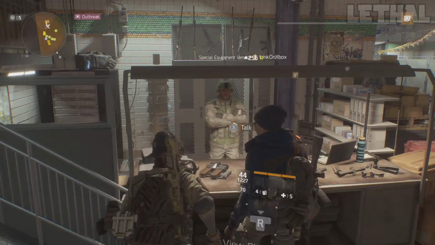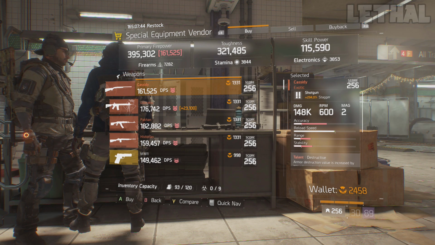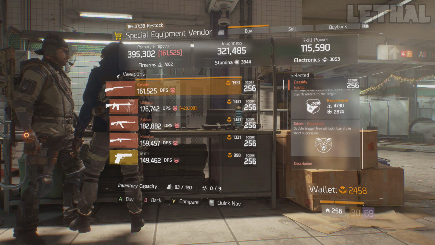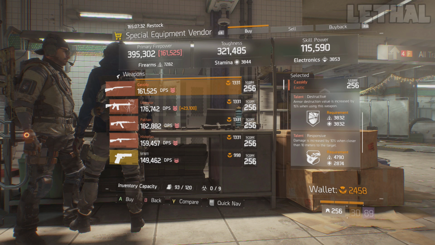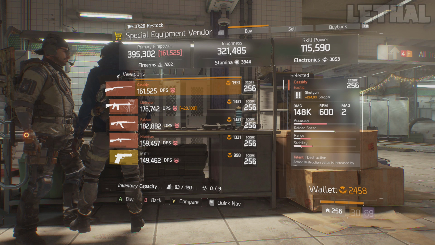So first up, the first vendor I would recommend going to is a special equipment vendor, and the one thing you guys want to check out is the CASSIDY. If you're making a Lone Star build, I would really recommend using a CASSIDY setup. What this one actually comes with is destructive, responsive, and the boomstick talent. The only thing you really have to do is get rid of destructive, go for something like deadly, competent, or some other damage increasing weapon talent of your choice,